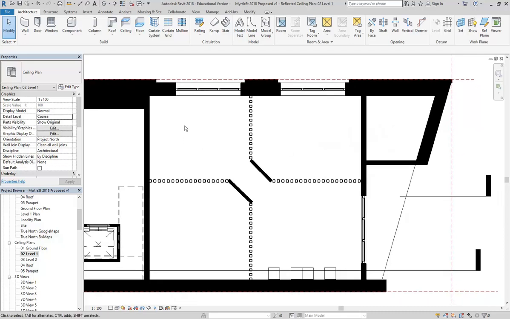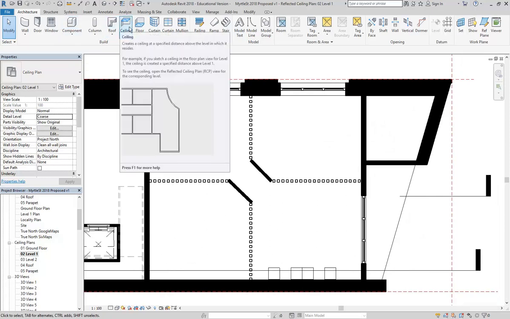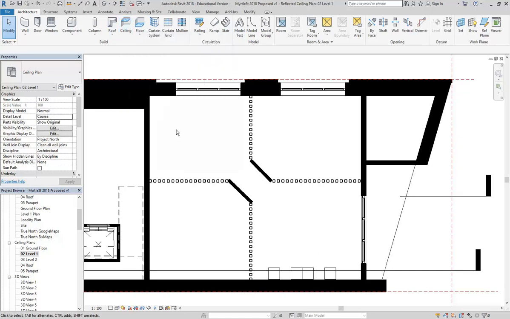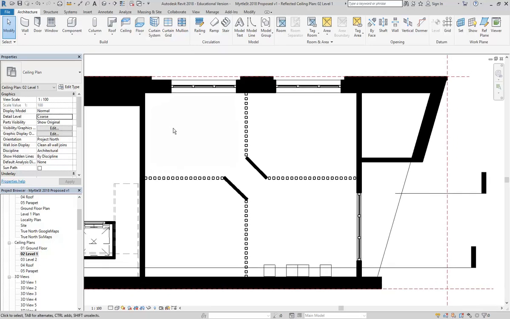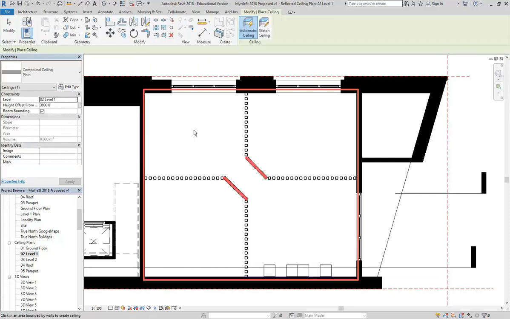So to put lights in, to put artificial light particularly, you usually will need a ceiling, because most artificial lights tend to be on ceilings. So we're going to go over the ceiling tool and also the view setup that you might need to work on your ceilings. So I've opened up my level 1 ceiling plan, and now I'm going to go to the ceiling tool,